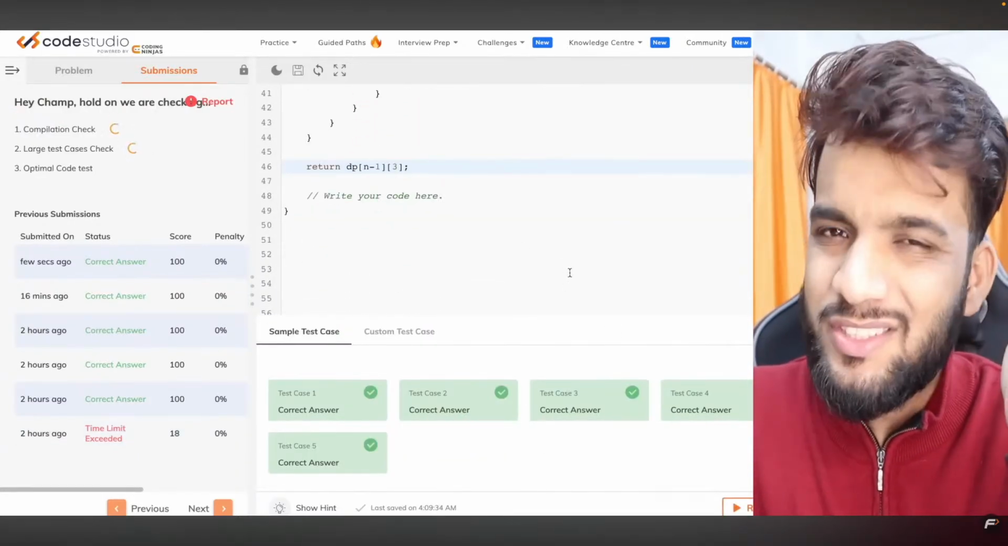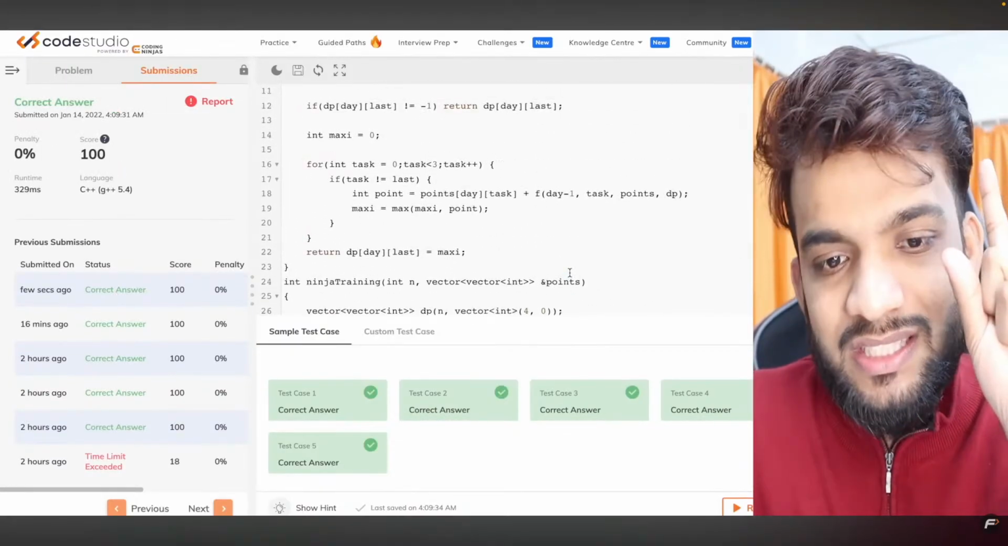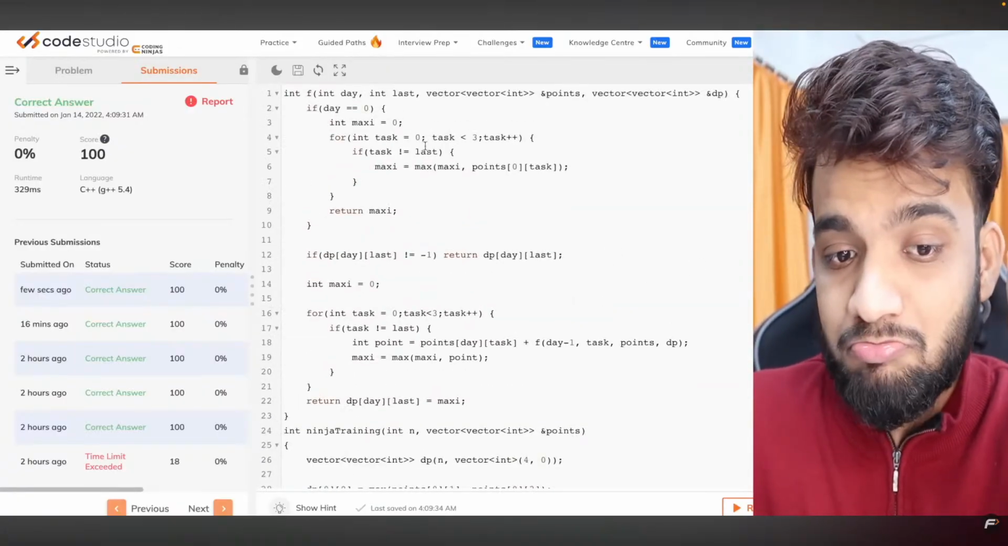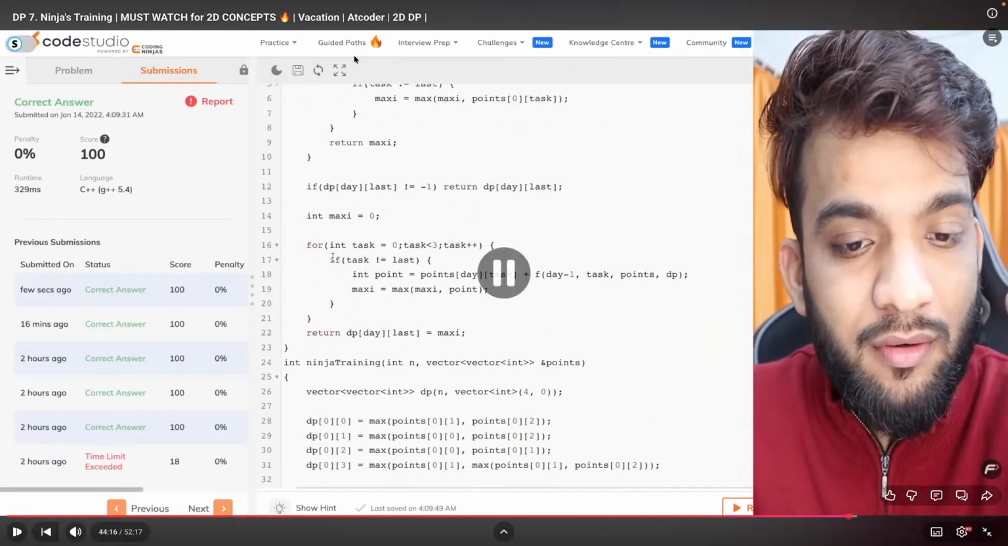Was tabulation tough, or would it have been tough if you had written recursion? No, it was not. I told you at the start of the DP playlist: once I teach you DP, you'll never forget it. That's how I wrote the recursion. I just told you how to make sure the first couple of for loops are written. Once the for loops are written,